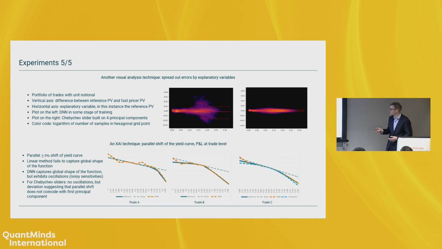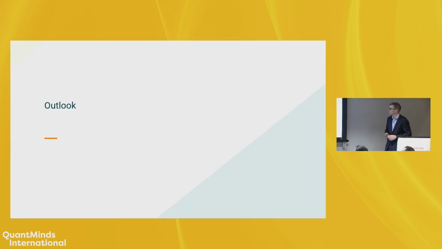Here I also included Chebyshev, and Chebyshev is much smoother and doesn't oscillate. However, there's some sort of bias, apparently, which is probably due to the fact that the parallel shift was not really completely in the PCA space that we considered. So we are moving here at some angle, not parallel to the subspace we used for the Chebyshev tensors. Okay,